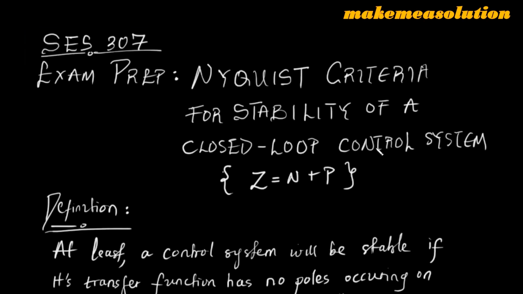Hello guys, and welcome to the long-awaited video on examination reviews. We are going to be looking at an important topic in frequency domain analysis and control systems called the Nyquist criteria for stability of a closed loop control system. That's the Z equal to N plus P. All these characters might seem a little strange to you, but I'm trusting it is not. Not to worry, by the end of this video, you will be an expert in stating and analyzing Nyquist